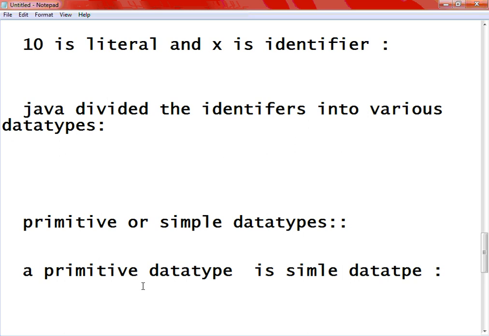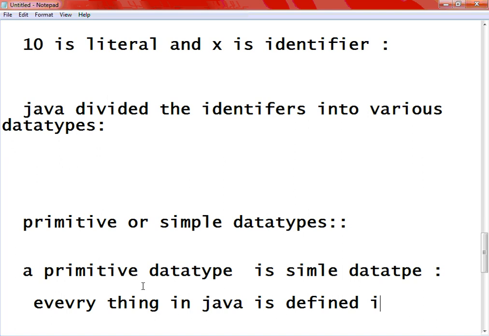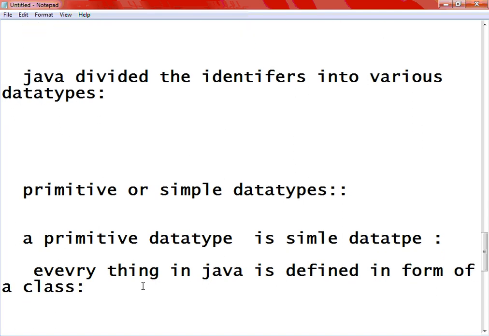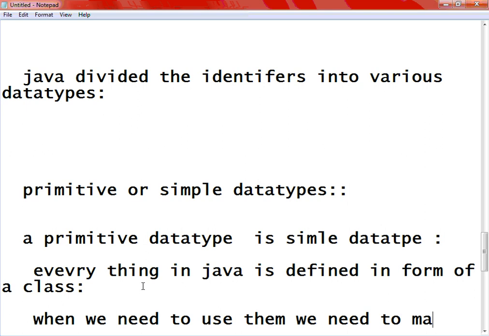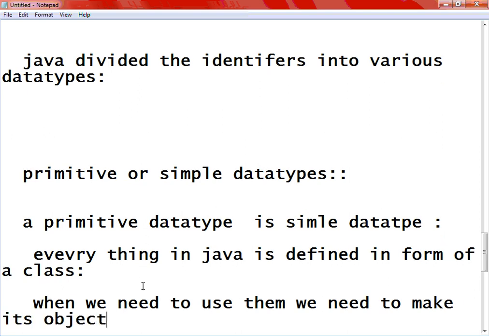When we want to use it, we need to make its object. So everything in Java is object oriented except one thing: